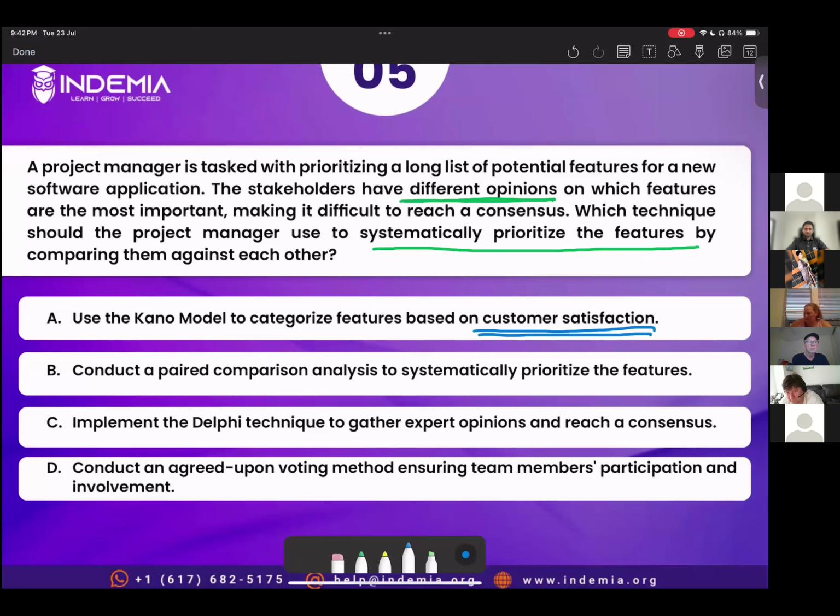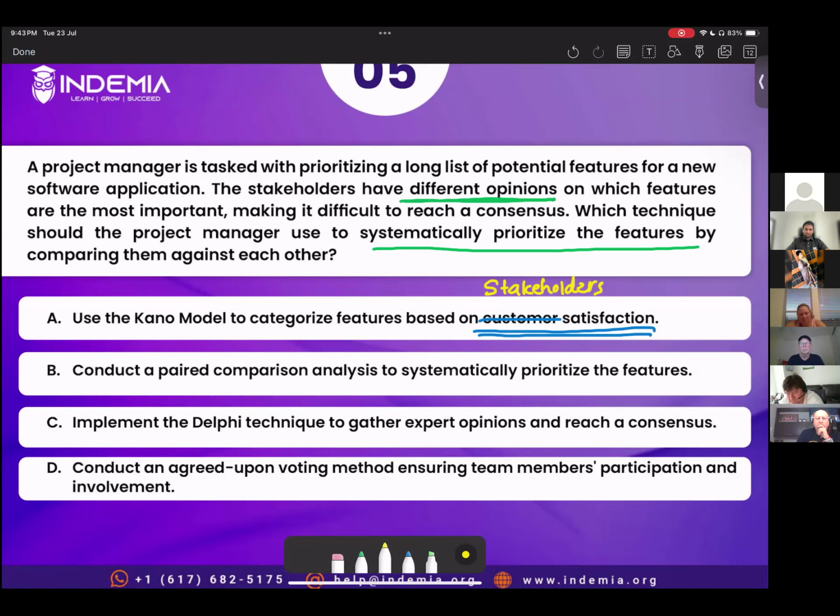Why not the Kano model, Manmeet? It's for customer satisfaction. That's the only thing that put me off. So having a comparison eliminates the other feature. When we have a comparison, it means we've been testing it, we've been thinking which one has a preferred weight, and that's how we pick in a paired comparison form. We compare against each other. So that's how I thought comparison would work better.